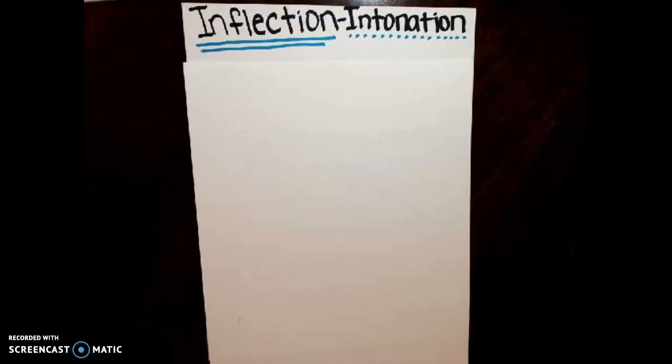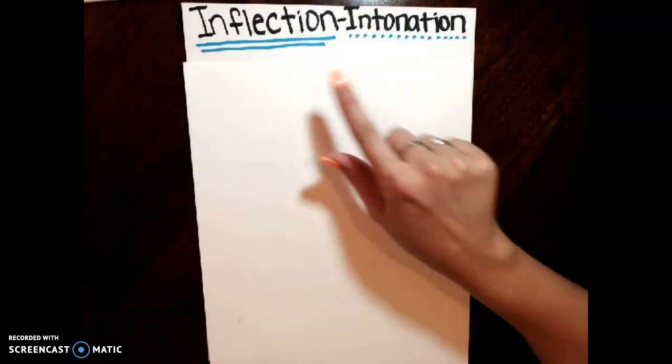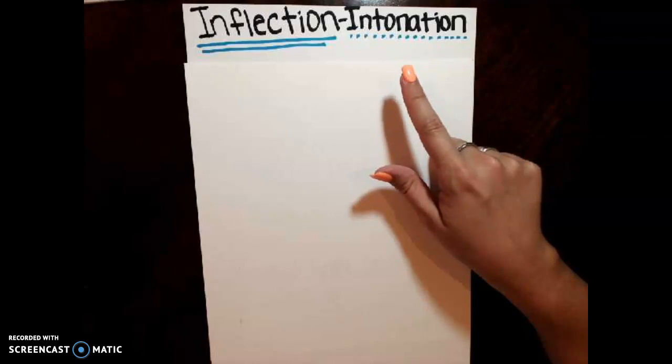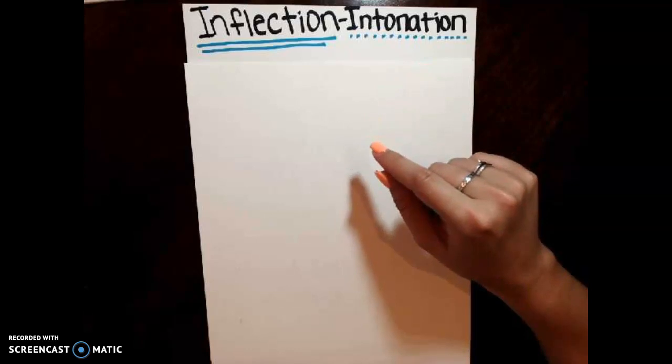It's Miss Ragacious, and I'm going to be talking to you today about inflection and intonation. So we are going to learn about these two big words. We're going to learn what they mean, and we're going to learn how to use them in our reading to make reading more interesting for our listeners, for us reading the book, and just to make reading a little more